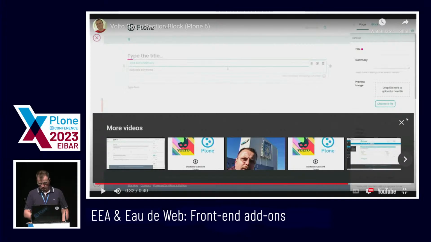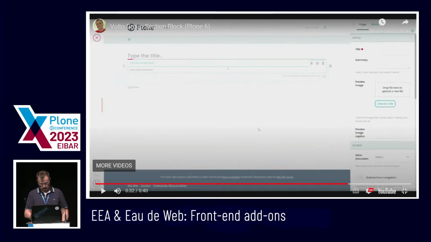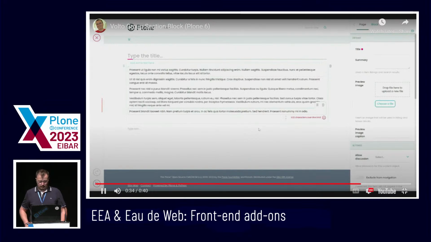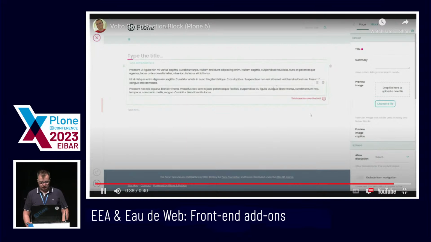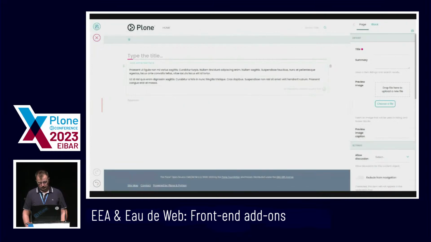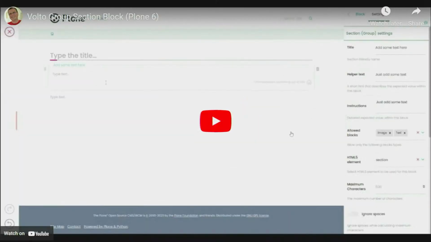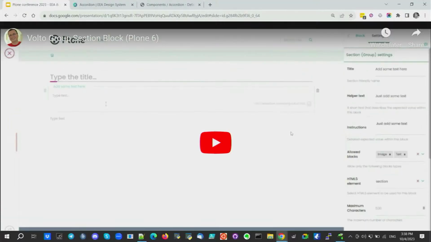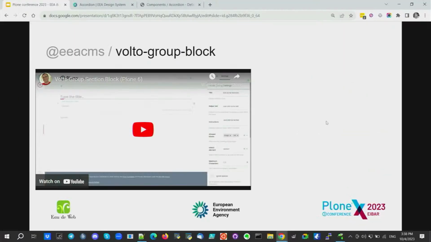So basically, you can. Sorry, I pressed the wrong button. So you can see it counts the words, and then it tells the editors that you have to be more